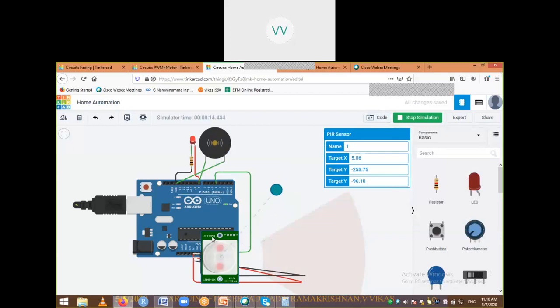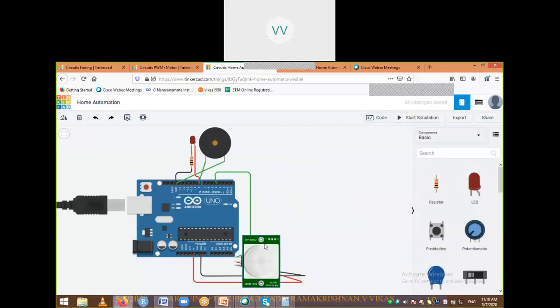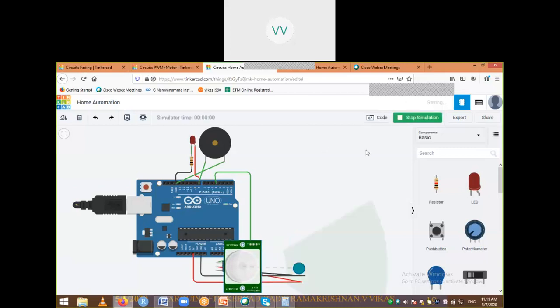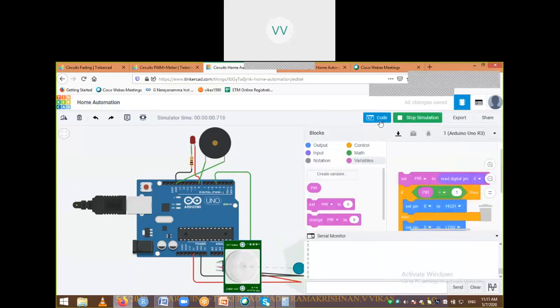Something happened. Okay, now it's not giving any buzzer. You can see the value is 0.